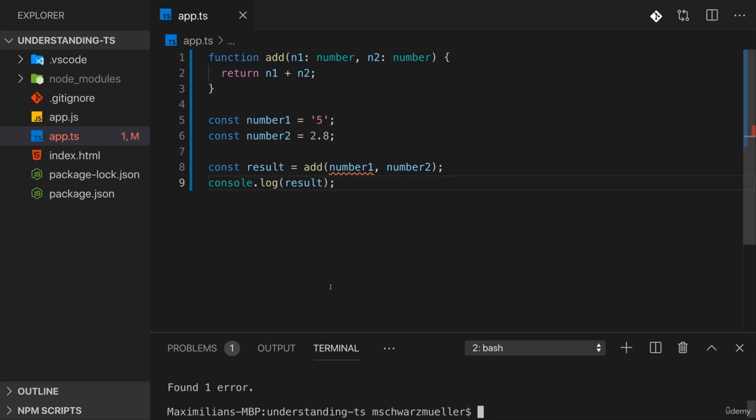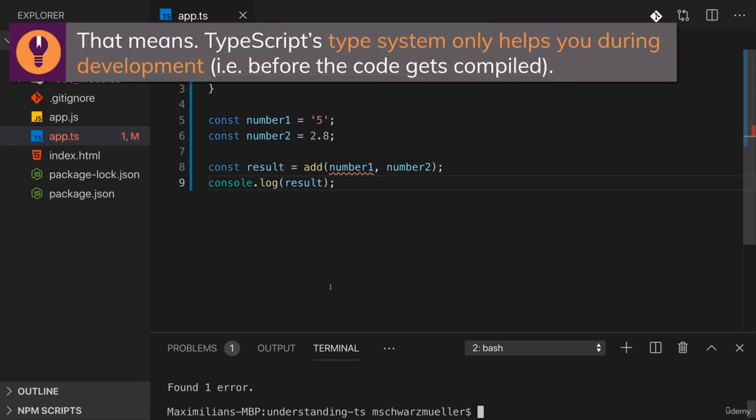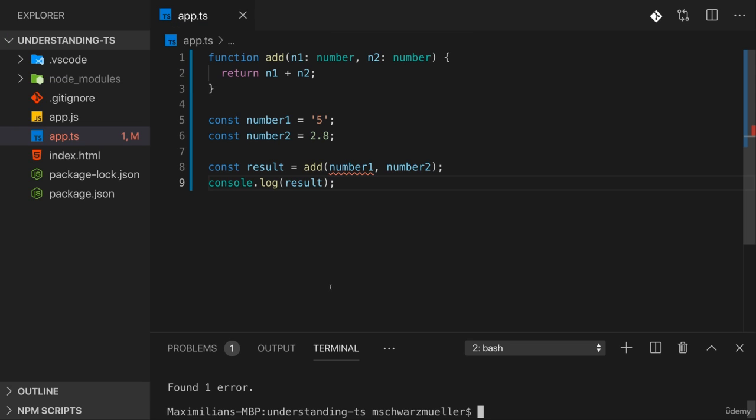And that's the important thing about TypeScript. It only helps us during compilation. It doesn't change JavaScript to work differently at runtime because browsers have no built-in TypeScript support. It can only help us during development before we compile our TypeScript code to JavaScript. But there, it's extremely useful because it adds an extra step, an extra sanity check, where here we find out,